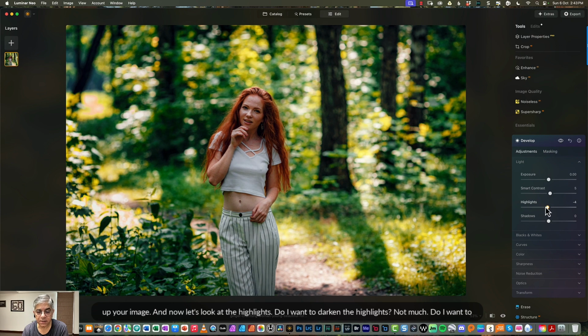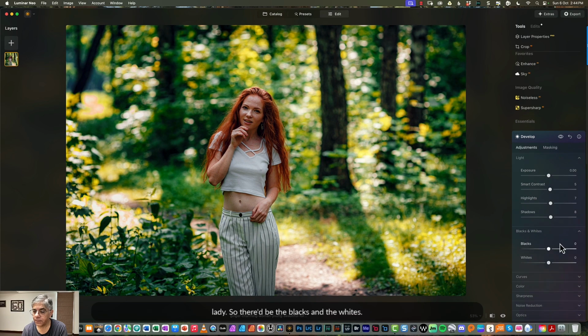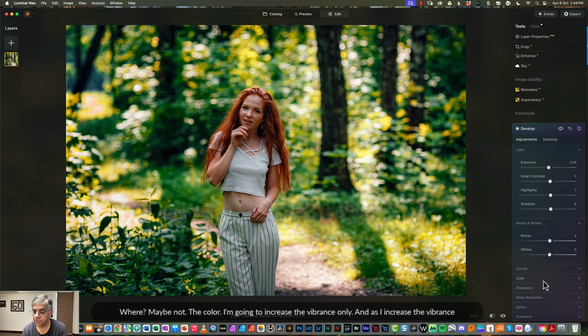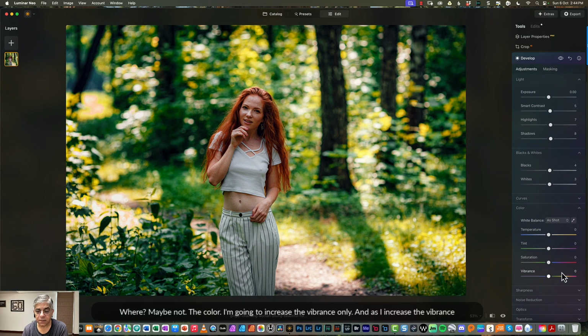Do I want to darken the highlights? Not much. Do I want to darken the shadows? Not much, because when I darken the shadows, you find that I make a mess with a young lady. So let it be the blacks and the whites. Not much again there. The whites, maybe not. The color, I'm going to increase the vibrance only. And as I increase the vibrance,